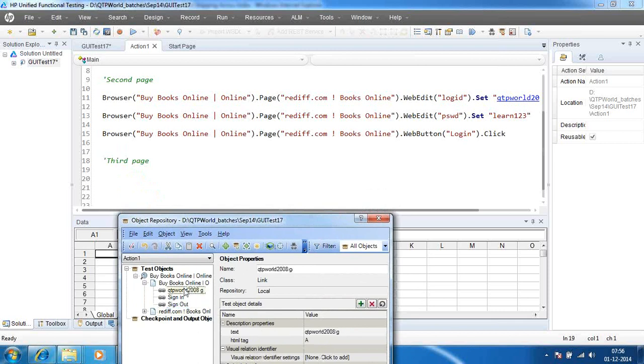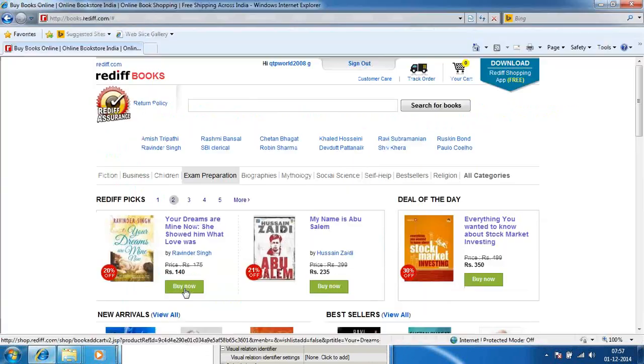If I want to validate, basically, if you clearly analyze, manual testing and automation testing is almost similar, guys. Whatever we do manually, we need to write a code in here. Now, if you are a manual tester, before saying this test case as pass or fail, what you would do in this page is you'll search, okay, QTP World 2008G was my user. Okay, he is there. Let me say test case pass and click on the sign out, and the entire test case is done. So how exactly to convey the same thing through a coding?